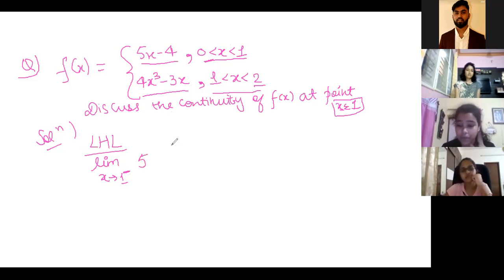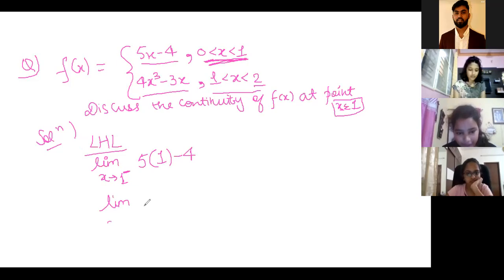What do you mean by 1 minus? 1 minus means the value is less than 1. So in this particular value, we can see that the value of x is less than 1. So we'll write this function and we'll substitute x with 1, which means we'll do this. So limit x tending to 1 minus, 5 minus 4